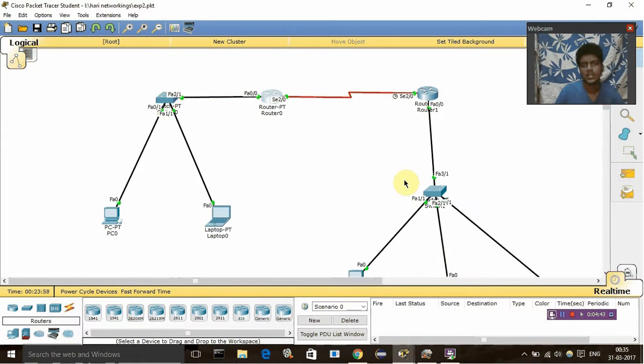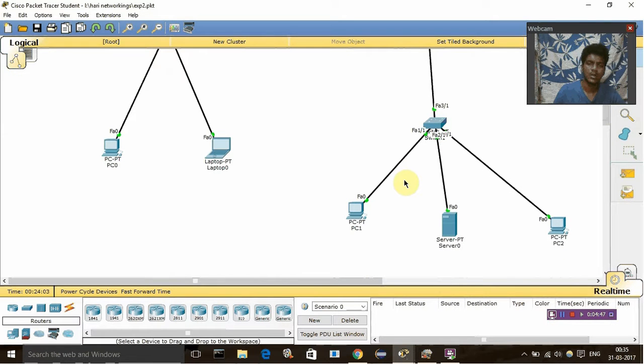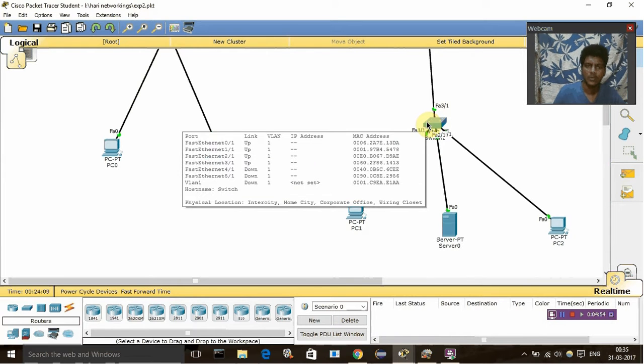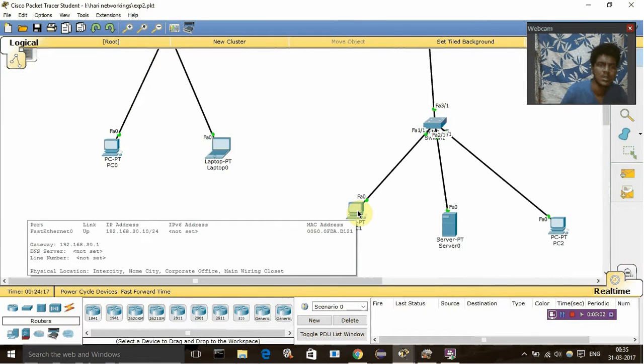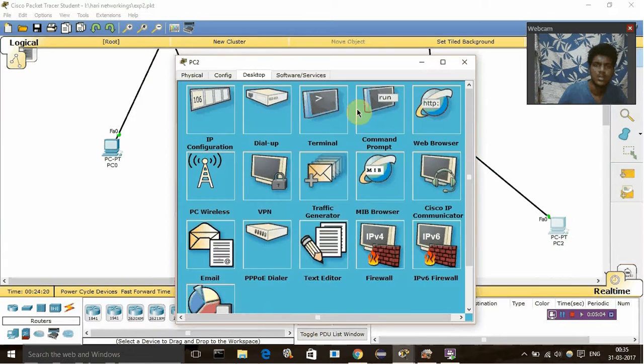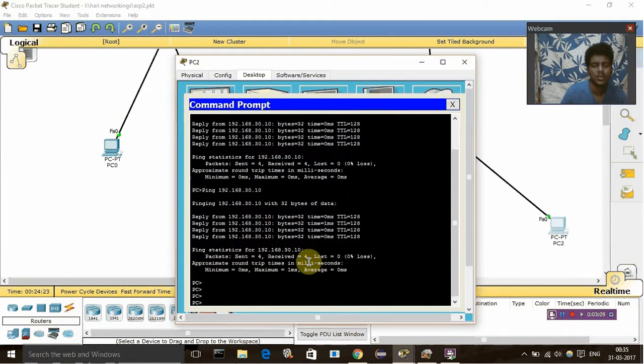Now the next part is we have to ping from two different PCs, so that it forms a perfect transport between those two PCs. Now let's ping from this PC to this PC. The IP address of this PC is 192.168.30.10. Let's enter into the command prompt of this PC and enter ping